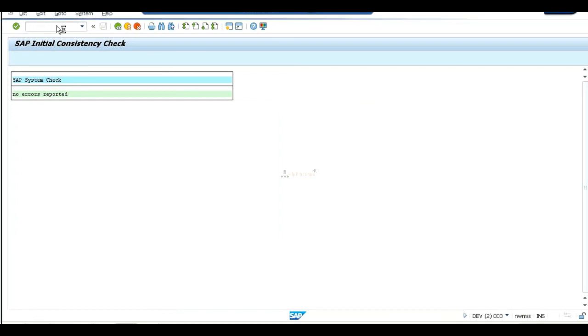SM37, right? To see my background jobs status. A version upgrade will be very rare, I think, once in a year like that? Only when we get a release will we do it.